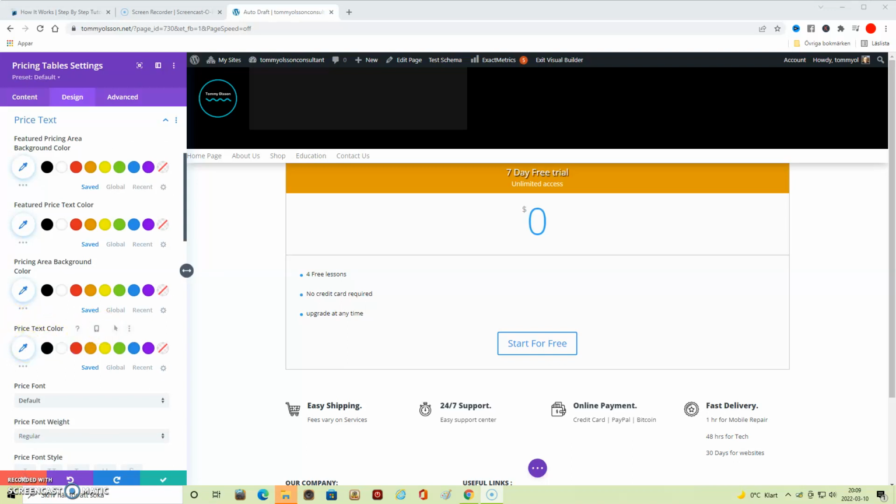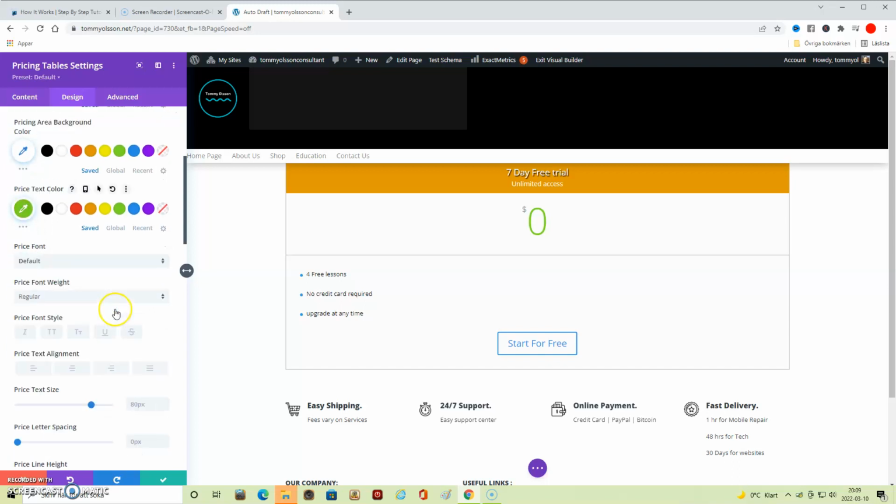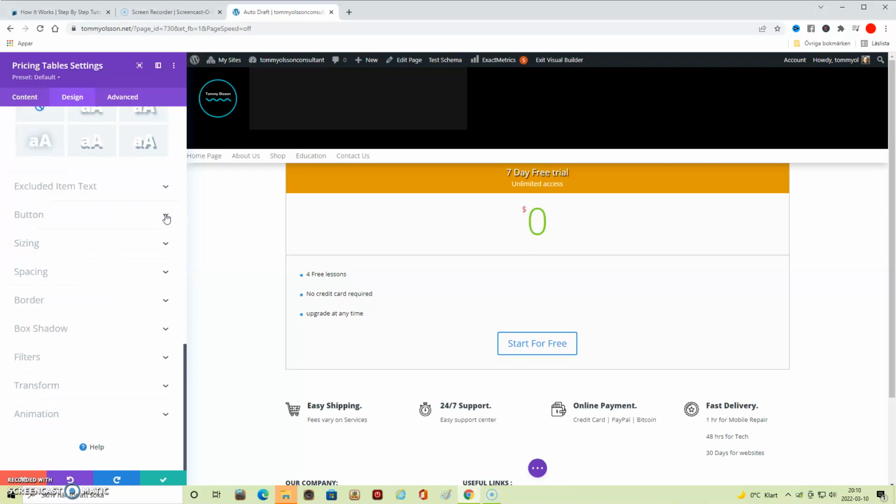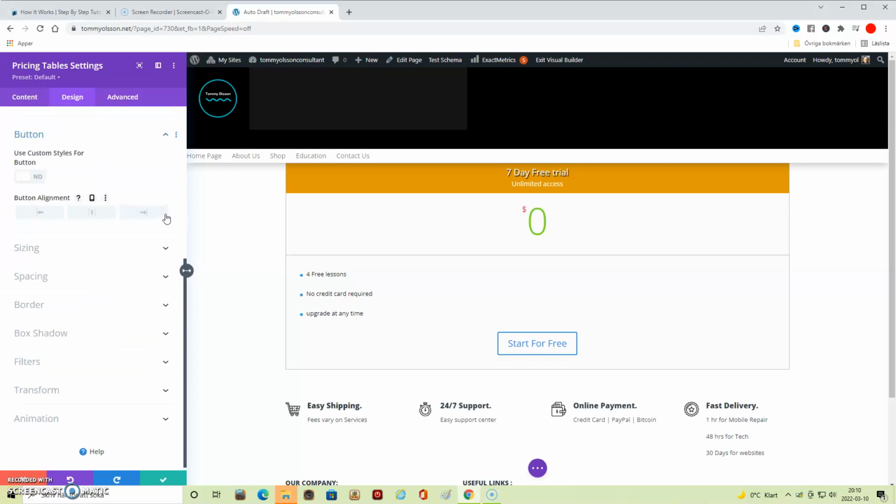You can edit the color for the price section. Button alignment, you can choose to have it centered or so on.